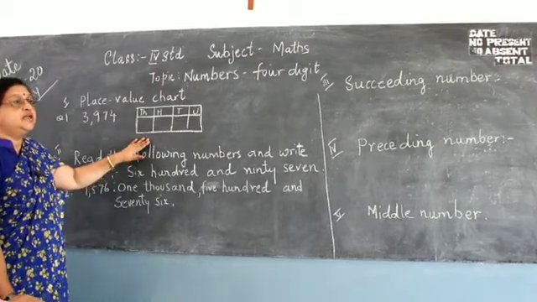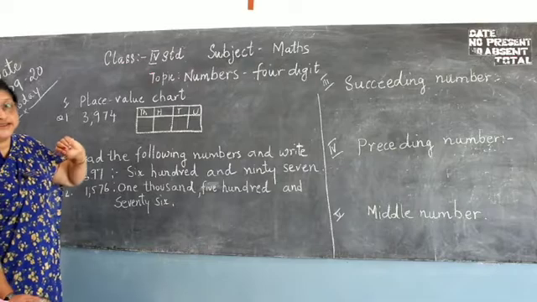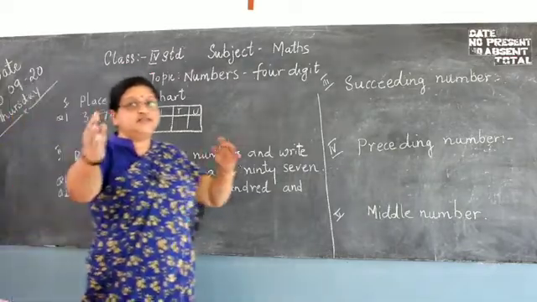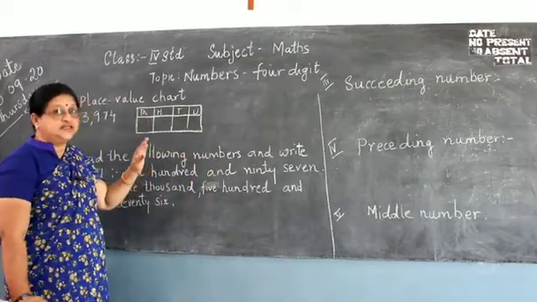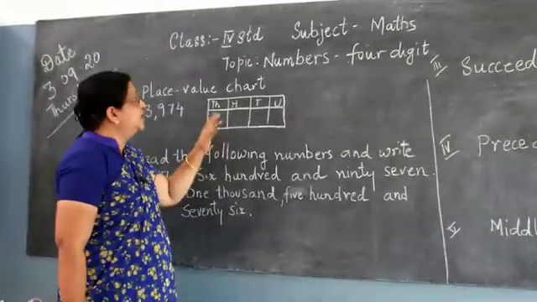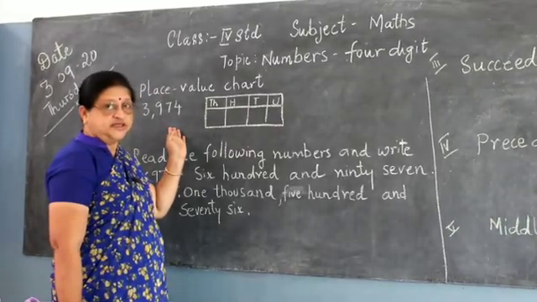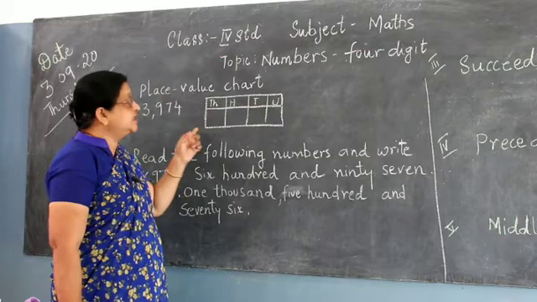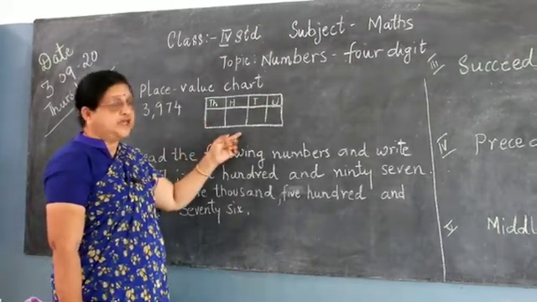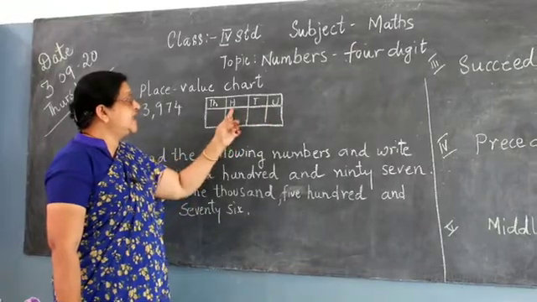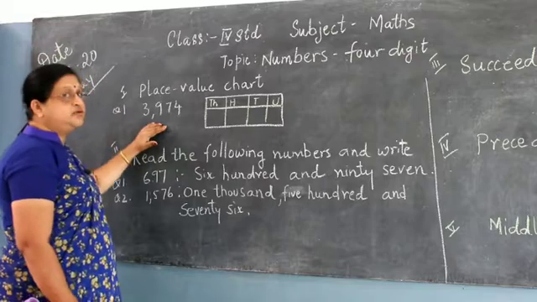Now suppose for you a number. Now children, when we did in the last class, it is 3-digit, isn't it? Last class in 3rd standard you did 3-digit. Now today you are doing in this 4th standard 4-digit. So how will you put? In the last class also I told you, you will write a chart with your scale and write units, tens, hundreds, thousand. Now the number is given to you. How will you place them?